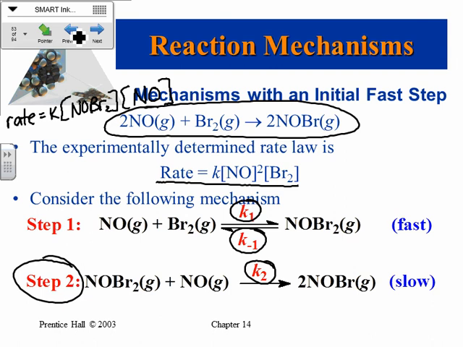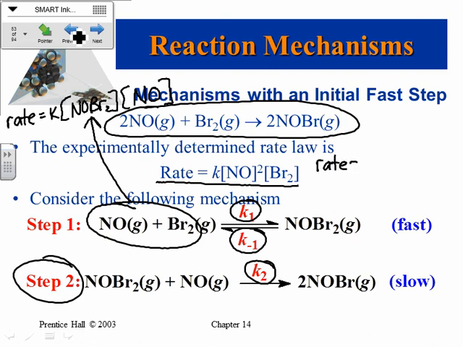I just said, okay, because this thing happens in both directions, then I can write my rate law in terms of NO and Br₂ instead of the NOBr₂. So I'm basically taking this and substituting it in up here, okay? And so then what you end up with is